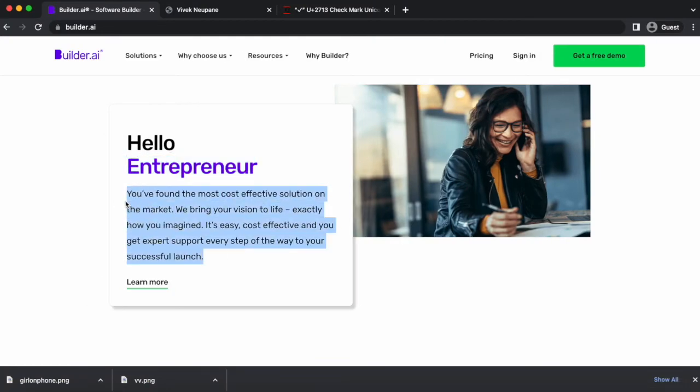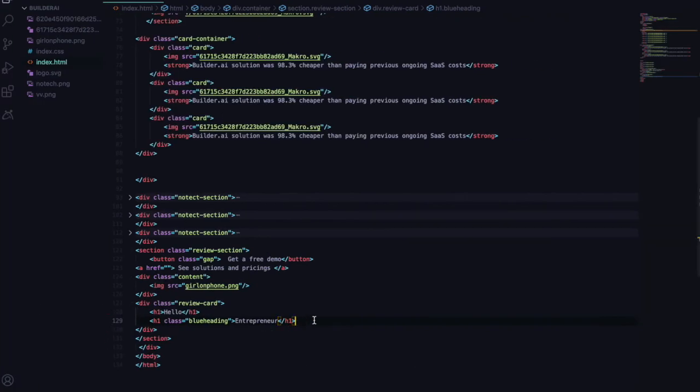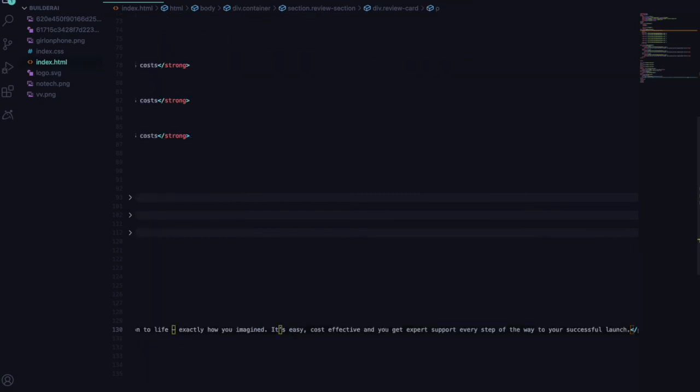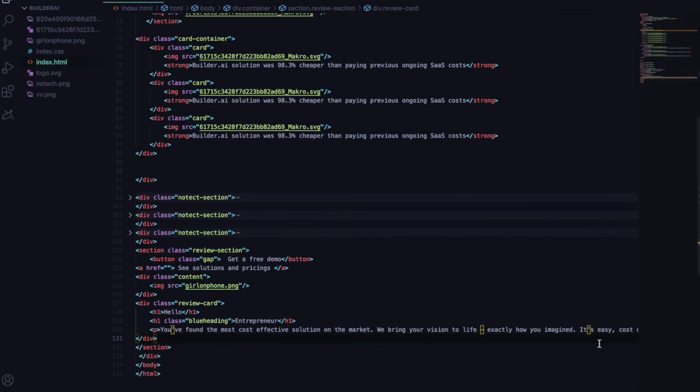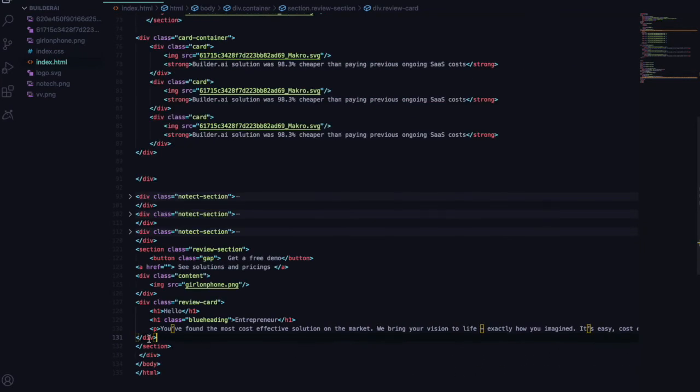Obviously I'm going to copy this paragraph, go out here inside p tag, put these things right in, right? And we have also this anchor tag, so I'll go out here and create this anchor tag, and it will contain, I don't know, learn more. Okay,